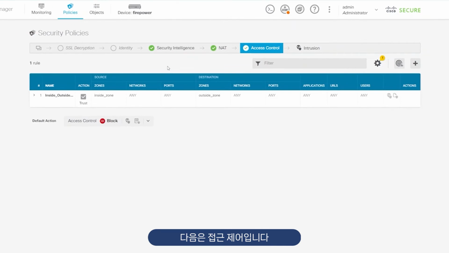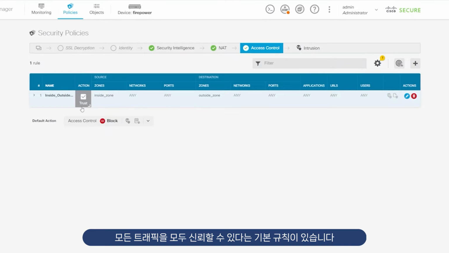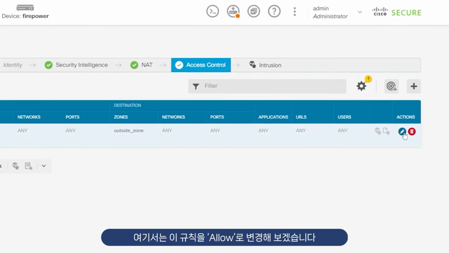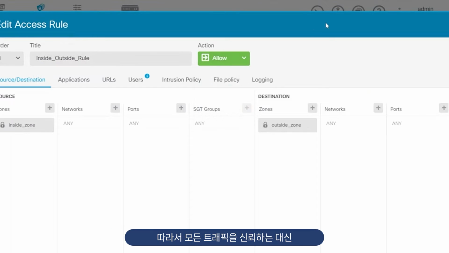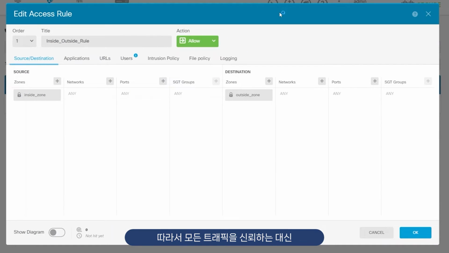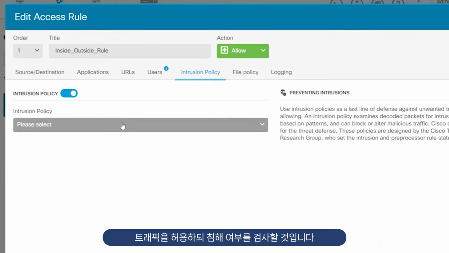Next is the access control. Once again, we've got a default rule here that is saying that any traffic from the inside zone, from the LAN going out to the internet is all trusted. But what we're going to do is change this, and we're going to make this an allow. So as opposed to saying that all the traffic is trusted, we're going to say allow it, but also scan for any intrusions,